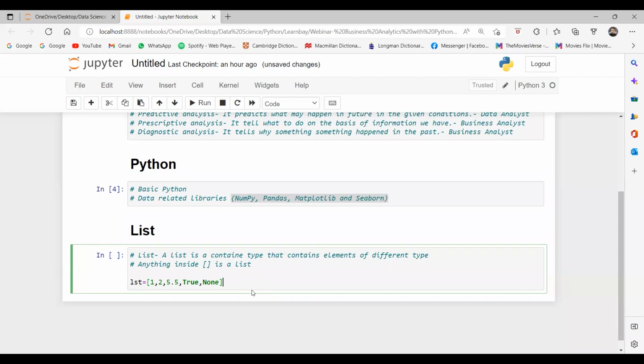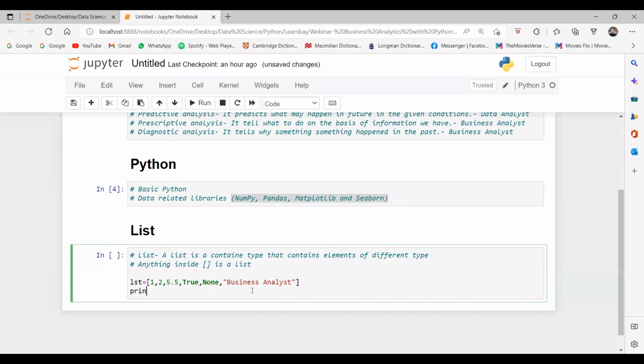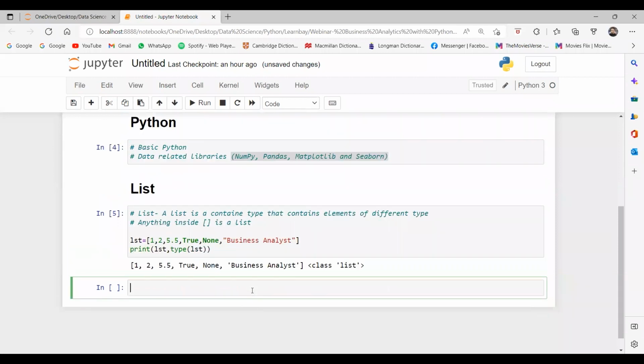Then we can have, for example, business analyst, which is a string value. If I print lst and check the data type of this variable, the list is printed and the type is list. List means the data type of this data structure or container type is a list.